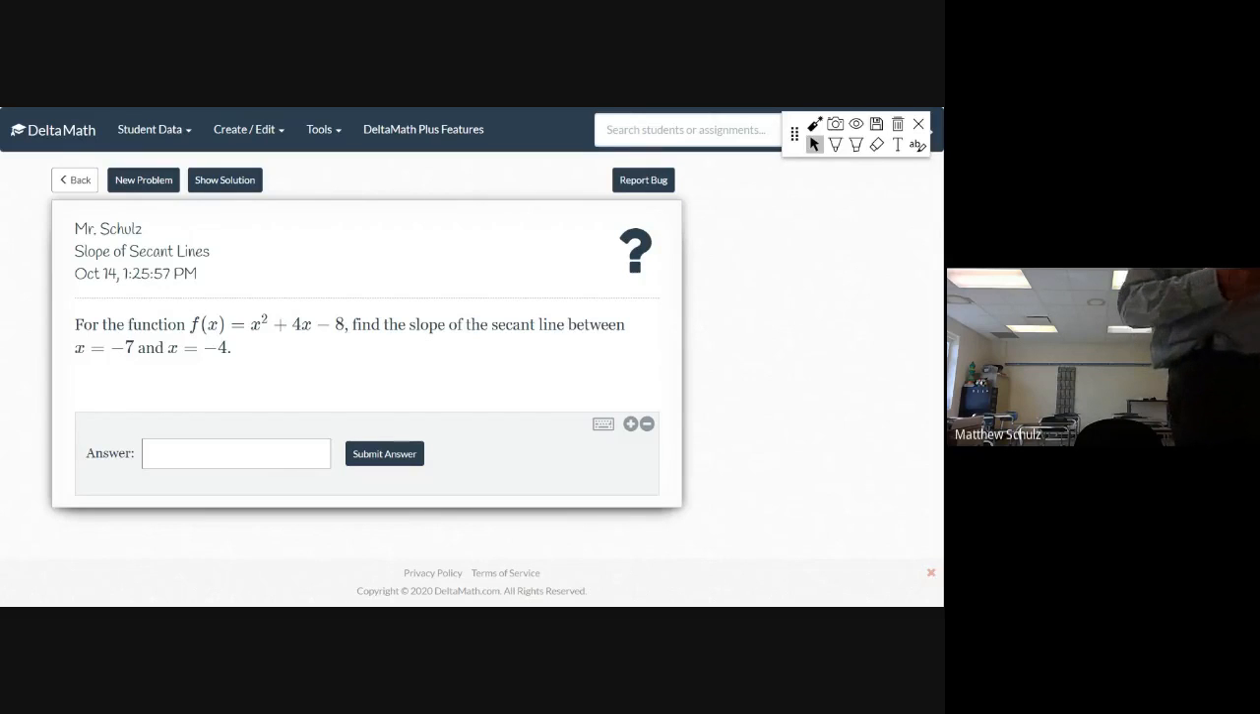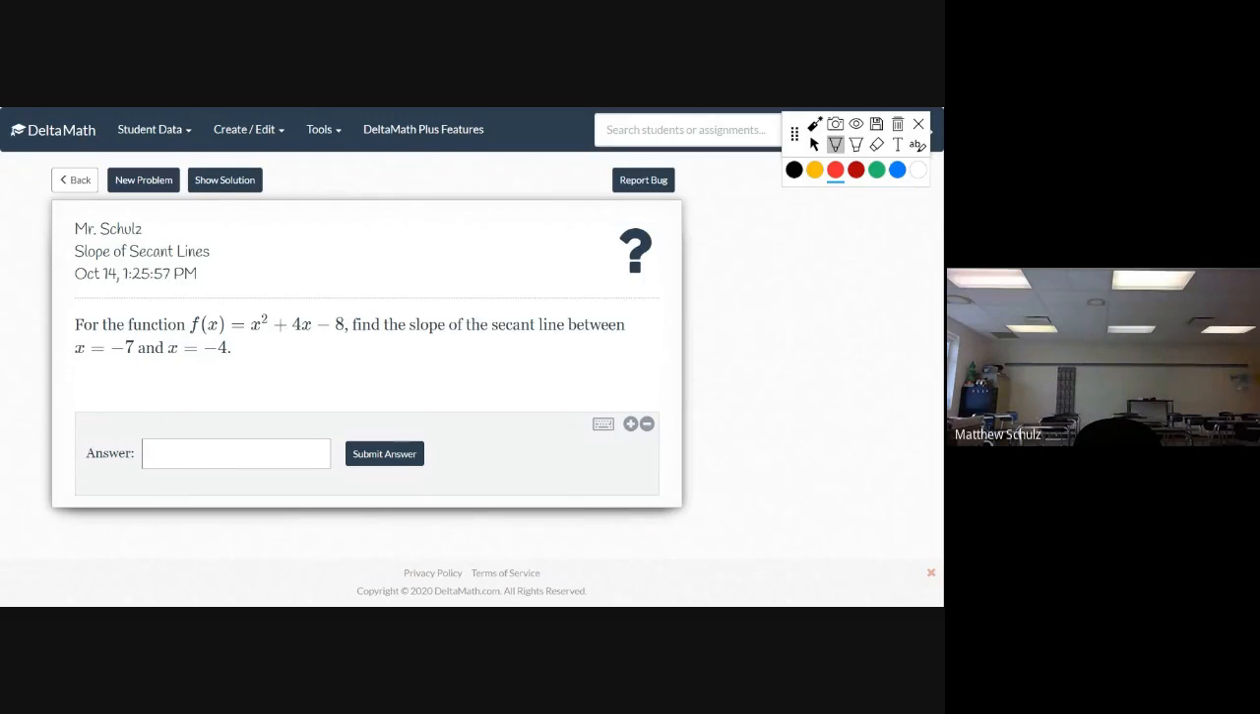Aware that when we do the secant lines, I want to show you what DeltaMath has for this, just like what we saw in class. All right, so when we're talking about finding the slope of the secant line between them, remember they give us the function,